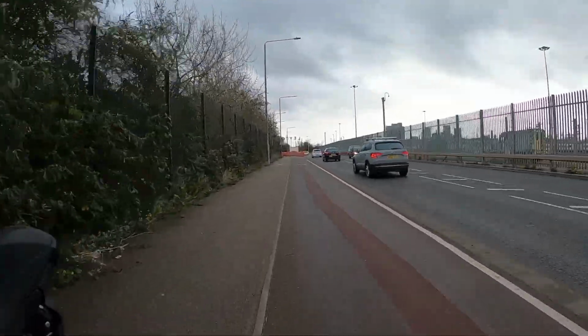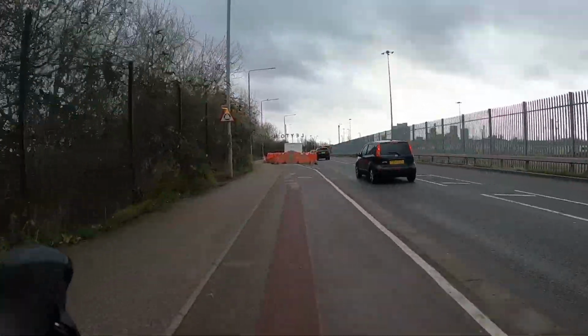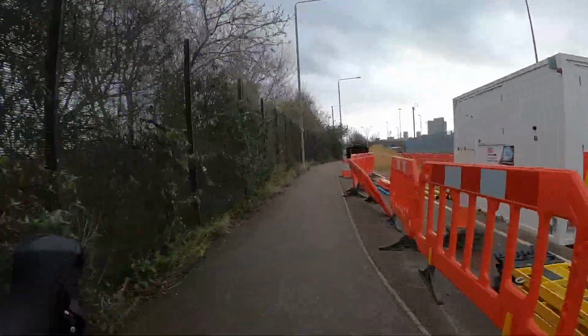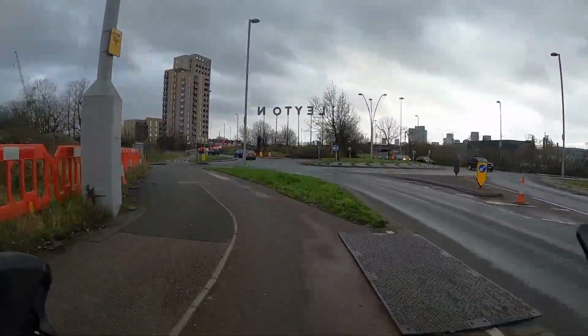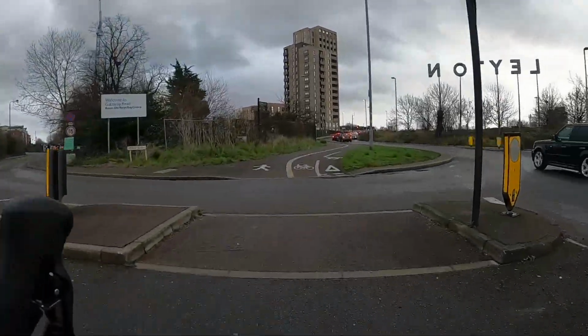which may seem like a small thing, but over the years, as more and more of these things go, I mean, you know what old cycle tracks look like in London. They're often pot-marked, they're sort of patched over, and they didn't always look like that. It's just that they were probably laid out quite nicely initially, it's just that they were dug up multiple times over the years and nobody ever bothered to fully resurface them, and unfortunately that track is well on the way